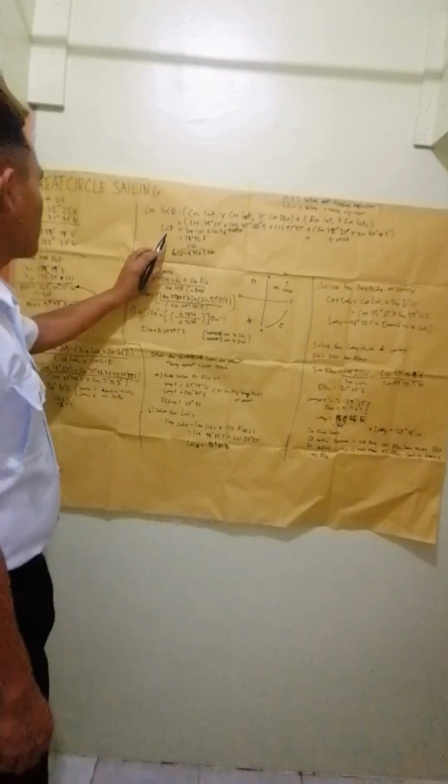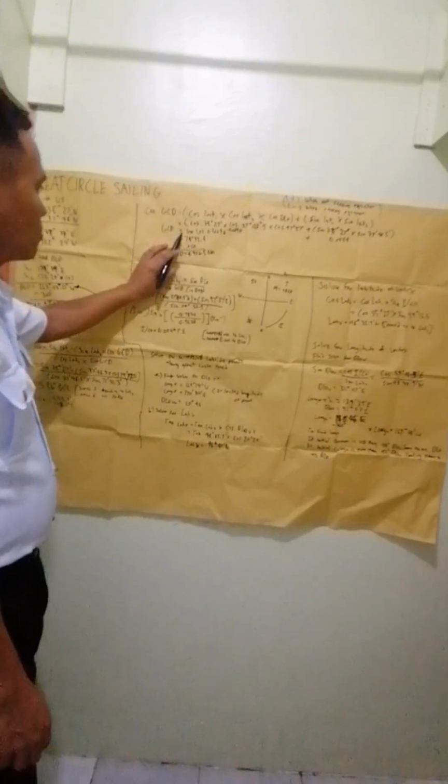And the GCD, or the great circle, is solved with